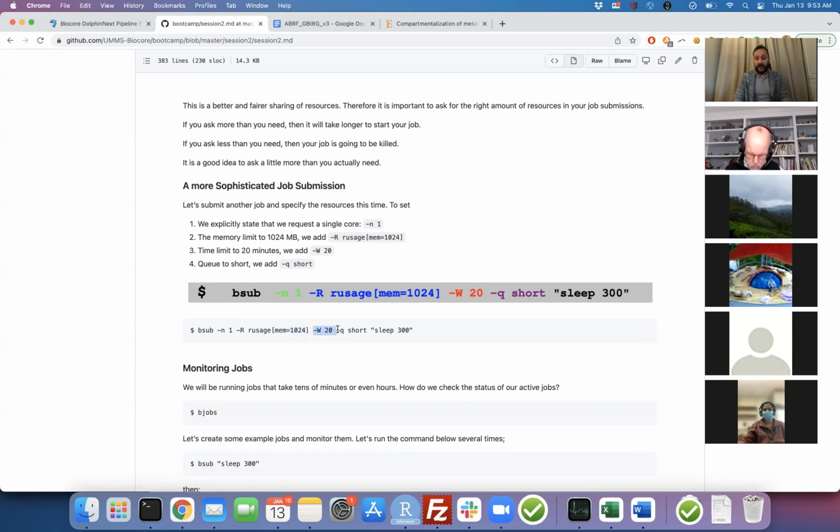And this -W 20 means 20 minutes. And if it's 20 minutes, it should go to the short queue, because we know that short queue priority is higher. Most likely it's going to dispatch there faster, and this will finish there faster. I want you all to do this and see